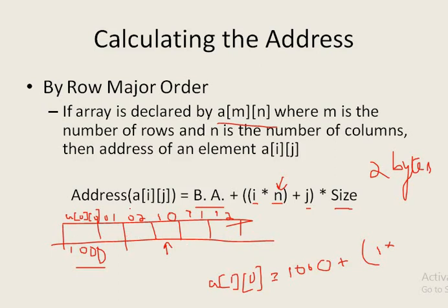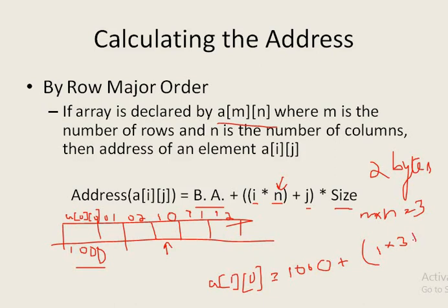We have only given some elements here. So let us assume this M by N, number of rows and number of columns, is equal to 3. Then N value will be 3 here